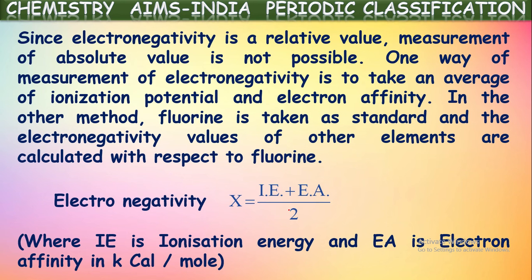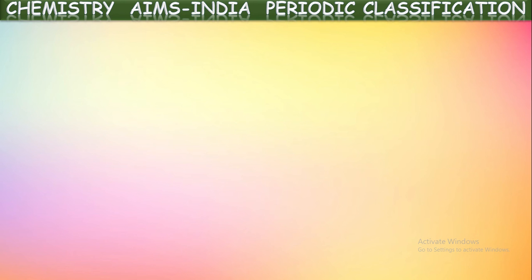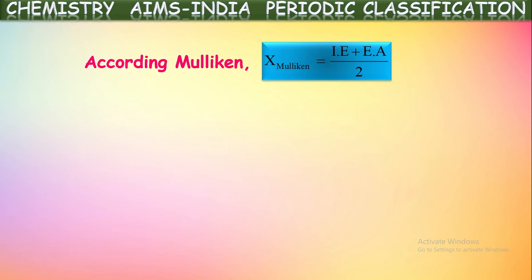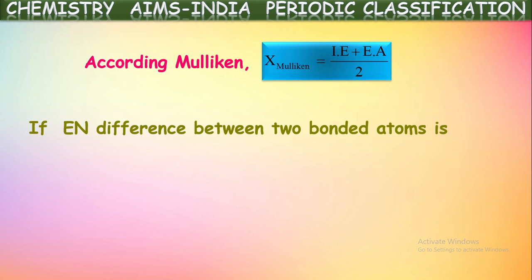Calculating the electronegativity by taking the average of electron affinity and ionization energy was given by the scientist Mulliken. So according to Mulliken, electronegativity is equal to the average of these two, ionization energy and electron affinity. If you are able to calculate electronegativities by this calculation,